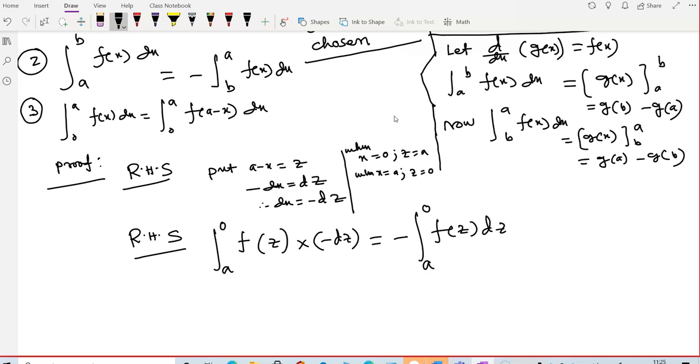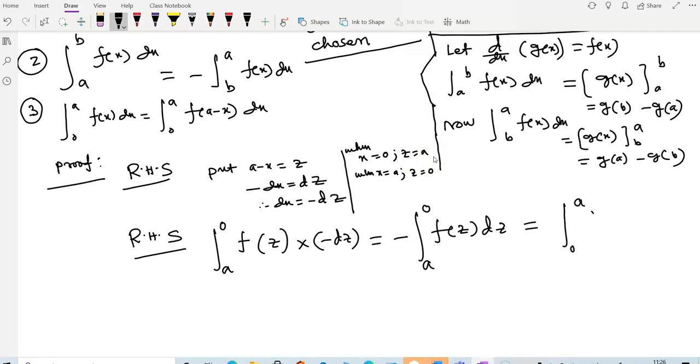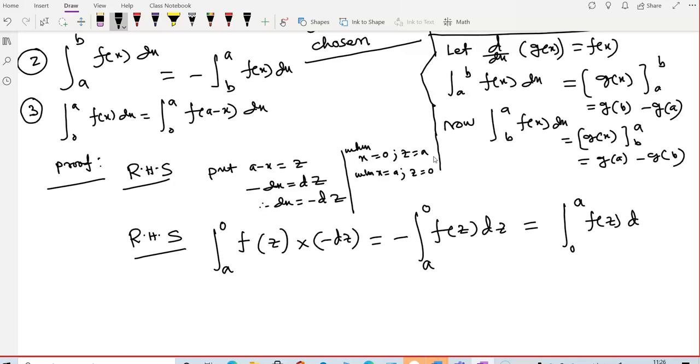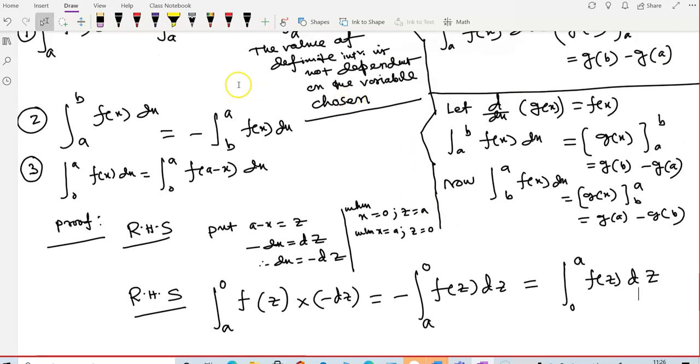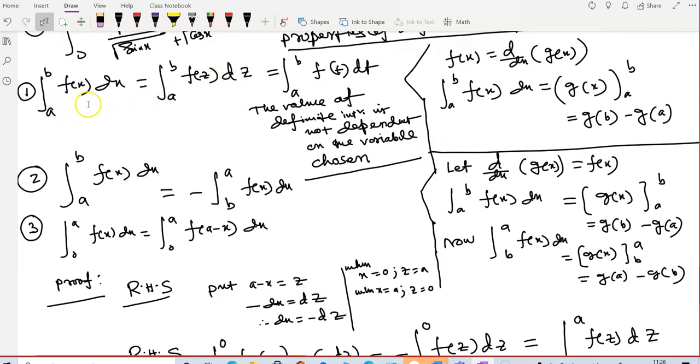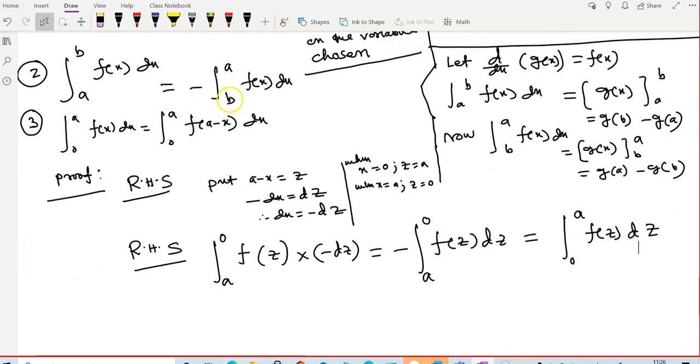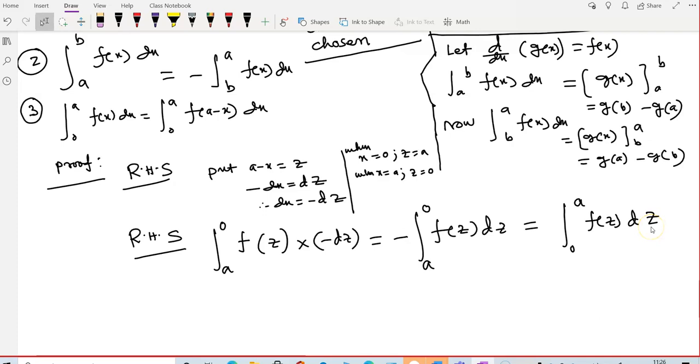What do you observe? There is a negative sign before. And if a negative sign before, I told you, you can change the limits here. So this is going to be integral 0 to a, reversal property, no? Integral 0 to a of f(z) dz, because minus sign I am absorbing there. And now at the same time, we look back at property number 1. Integral a to b of f(x) dx is integral a to b of f(z) dz. So one can say that there is no harm if I put integral 0 to a of f(x) dx. Okay.